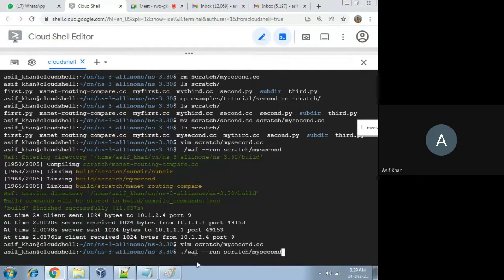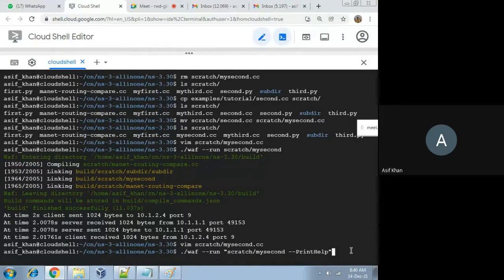See, dot slash ns3 hyphen hyphen run. Then after that you write here double quote. Okay, double quote. Then after this space, then hyphen hyphen PrintHelp. Okay, double quote. Now see, if you run this command, if you write this hyphen hyphen PrintHelp, then it will show you all the arguments that can be passed through the command line while running this code.